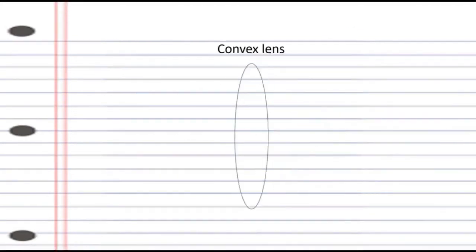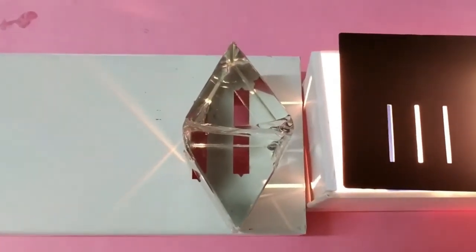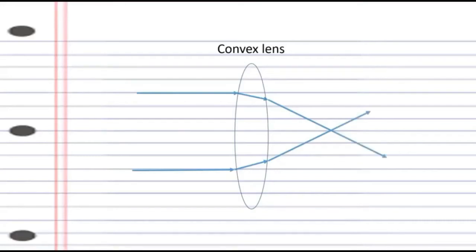Now, what is a convex lens? A convex lens is the one which is bulged outward. So this is what the convex lens is. Now, in the convex lens also, when the light is sent parallel to each other, as shown in the figure, it meets. Now, can you recall the comparison between a convex lens and the previous prism arrangement? You can see here it converges exactly like how it has happened.